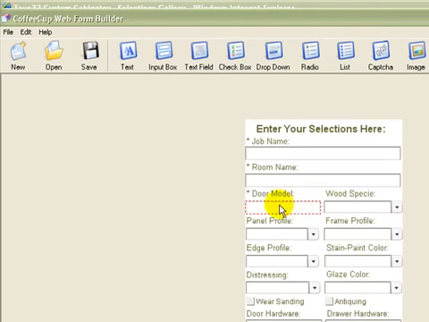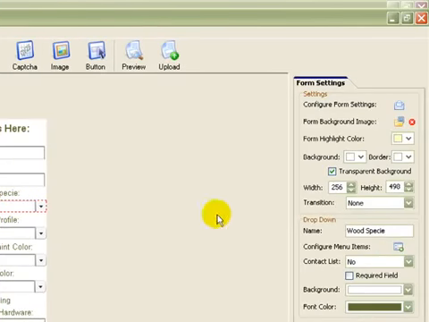And again, this is not a pull down field or a drop down box. This is how you would add one of those fields. Here's the drop down box here, and you'd slide it into position. But this panel profile or wood species here is a drop down box, drop down field, and you would come over here and give it a name, and then come in here and,